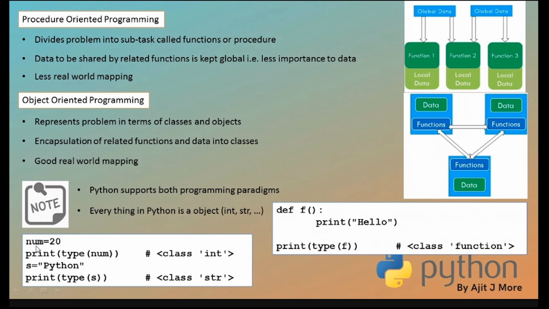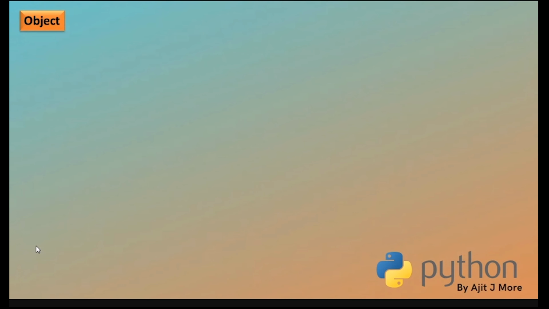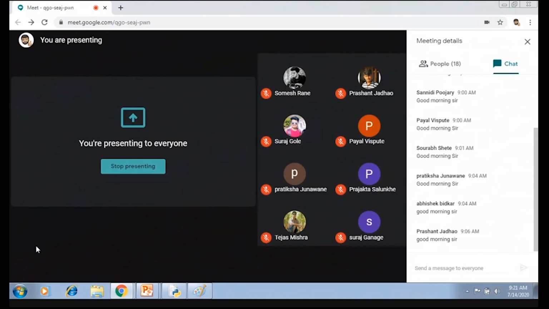Now, many programmers are from a Java background also. Many of you are from C, C++ also. Some are professionals also sitting in our batch, those who have already coding experience. So they might be thinking that in Java or in C++, this is not the case. But in Python, you can see that a function name is also implicitly an object, and it's an object of the respective class. I hope you are understanding what I mean to say, all of you?